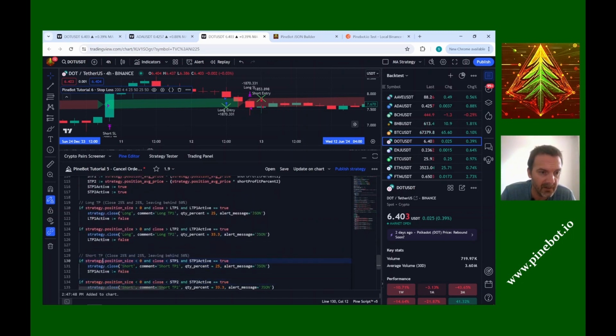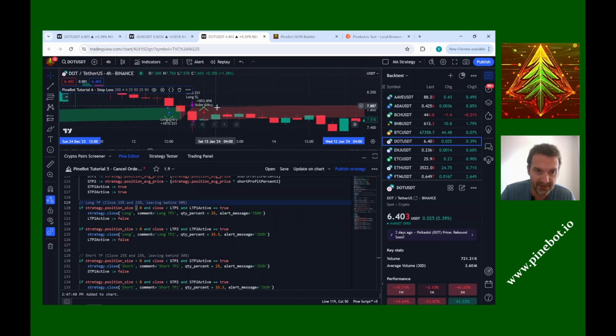And let's go into the execution of the take profit. So here we have our long take profit, and I've put a little note here. At take profit 1, we're going to close 25% of our position. And at take profit 2, we're also going to close 25% of the position, which leaves behind 50%. So the final 50%, we're just going to let that ride until it naturally closes. If you remember, we always close our position. So for a long,